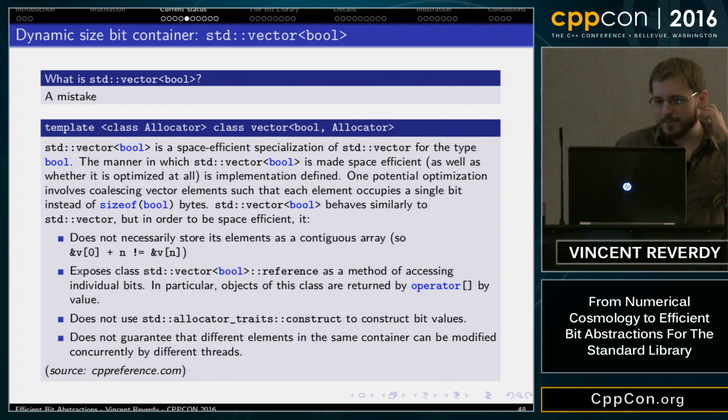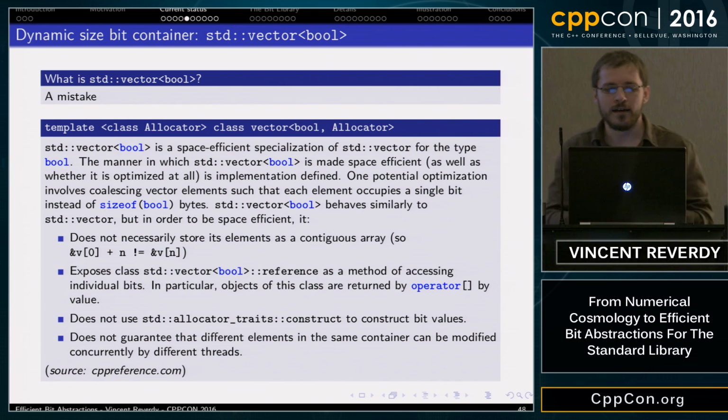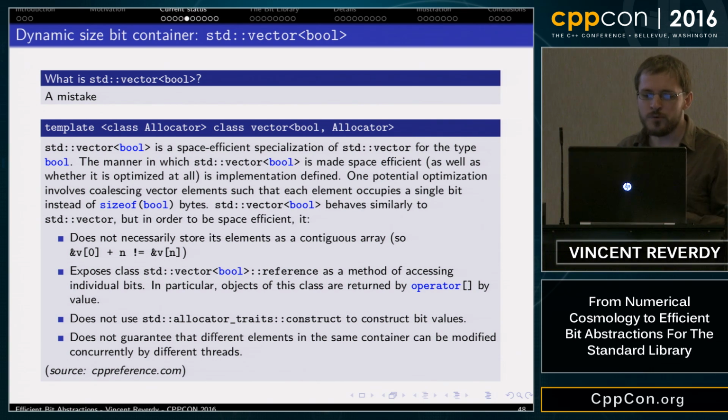If we look at what CppReference says about vector bool, it says the following. Vector bool is a space-efficient specialization of std::vector for the type bool. The manner in which vector bool is made space-efficient, as well as whether it's optimized or not, is implementation defined.